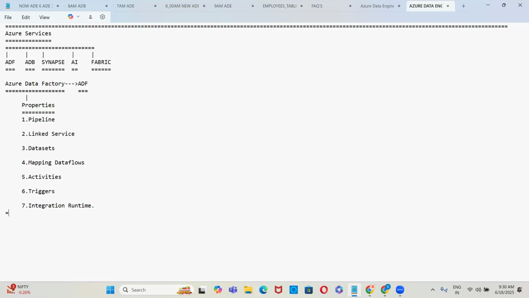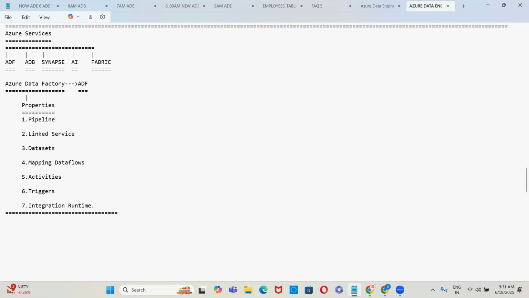So these are all the properties we have. To start with the Azure Data Factory, we must and should know all these seven properties, guys. If you know these seven properties, then we know everything here. Okay, guys, everyone, please respond. Got it, sir.